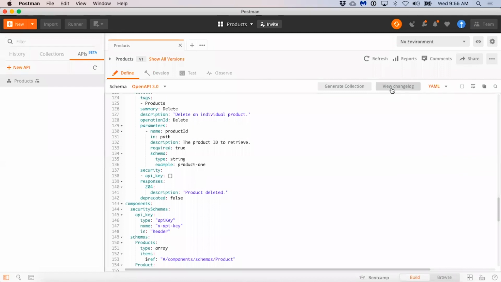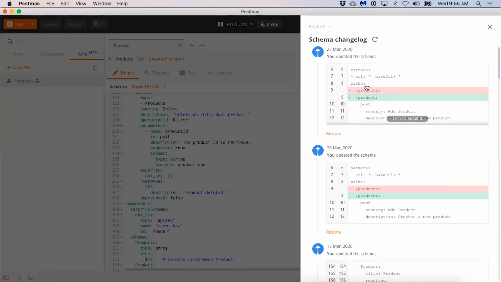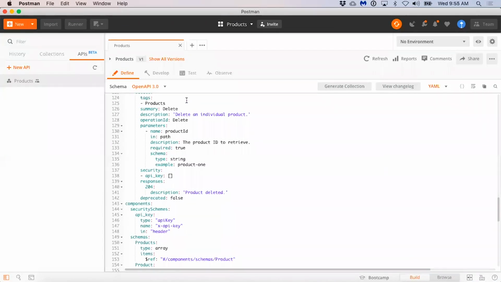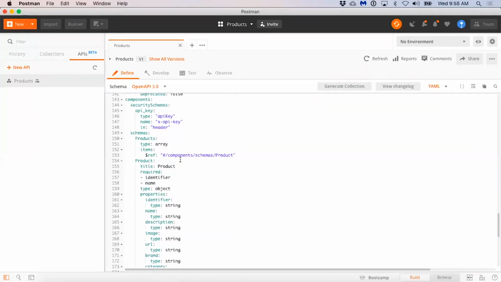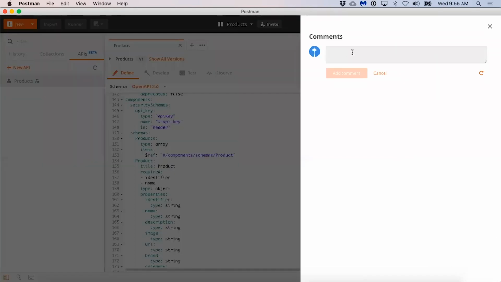For each individual API, Jeff can view the changelog and actually see what's going on, helping him and other team members actually stay in tune with what's happening and what actual changes have been made to each individual API, understanding when problems arise or inconsistencies or design patterns are not applied, or just understanding what's actually going on and what teams are doing. The team's also taking advantage of comments.